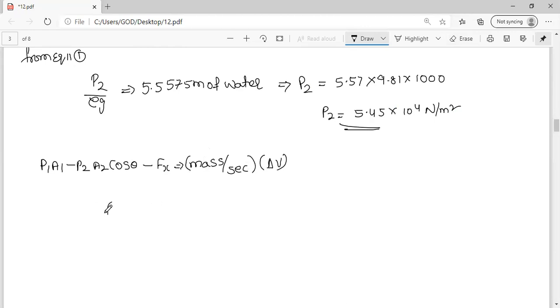So from this I can write Fx is equals to rho Q into V1 minus V2 cos theta